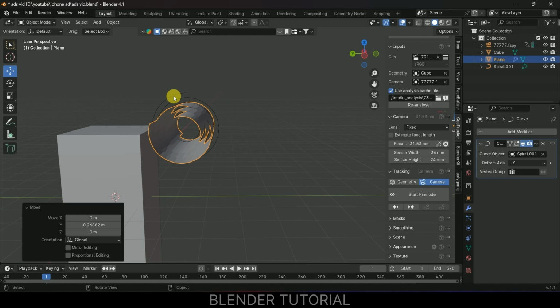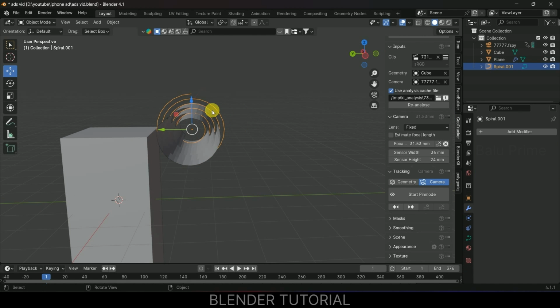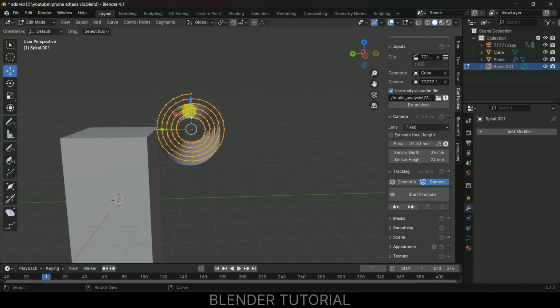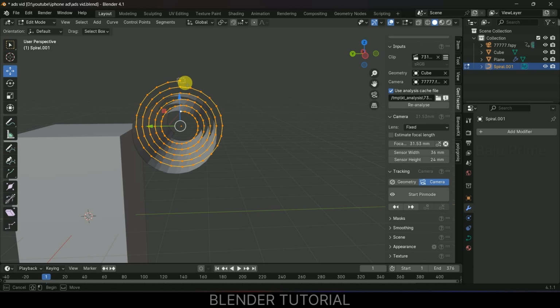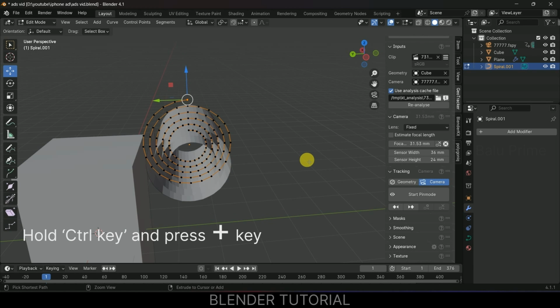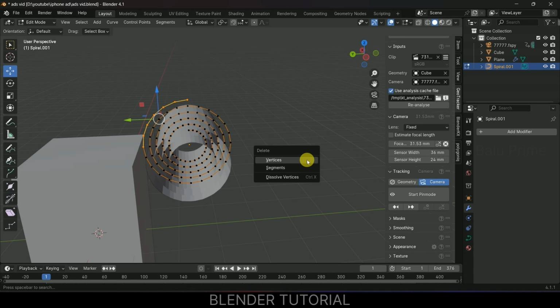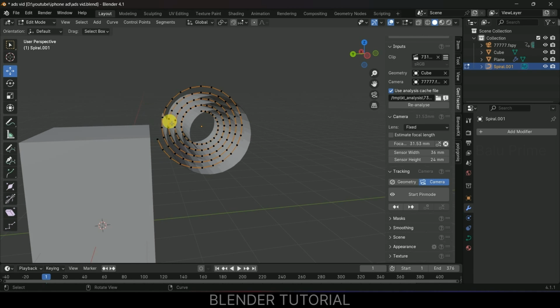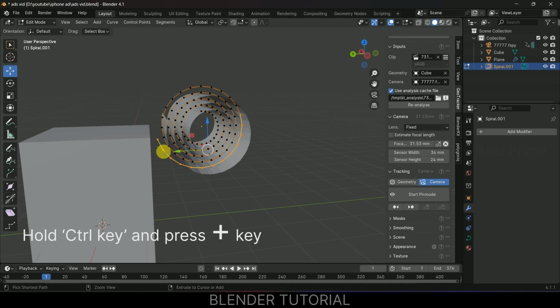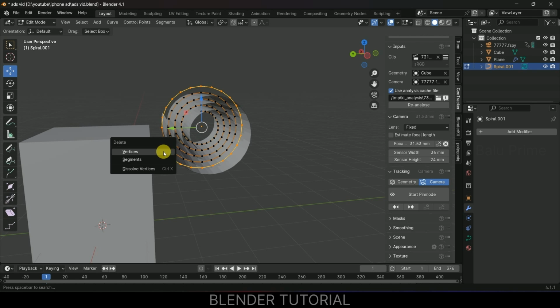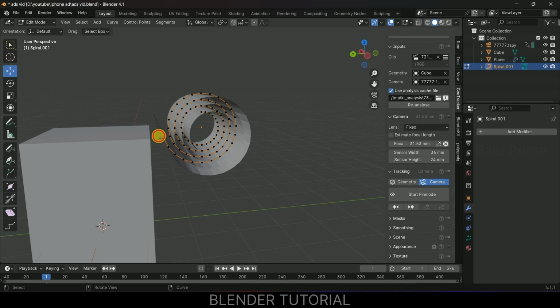So select this vertices, go to edit option, change this to edit mode, select this one vertex here, hold Ctrl key and plus, hit on plus icon to select the neighbor vertices, and let's delete them. So I think we need to still delete till here. So select this vertex, hold Ctrl key and click on plus icon, and let's select this till here. Now delete vertices. So now let's select this last vertex here,